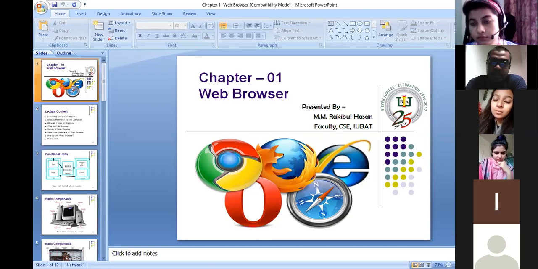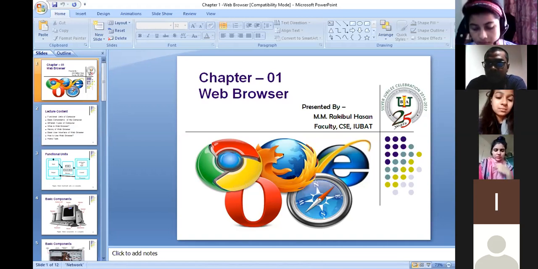Because without a laptop, it will be tough to perform this CSE fundamental lab work, because you have to work with Microsoft Office, PowerPoint, Excel, or Word. Then how are you going to submit your assignment, or prepare your lab report and other things?